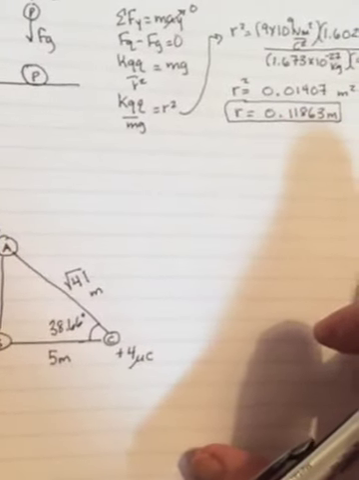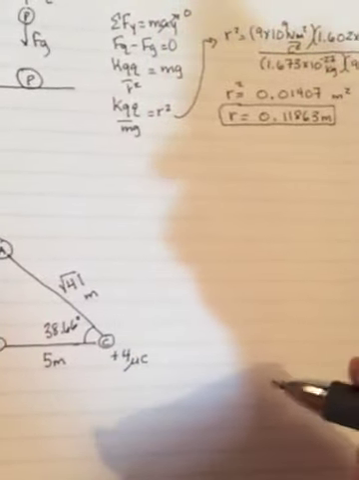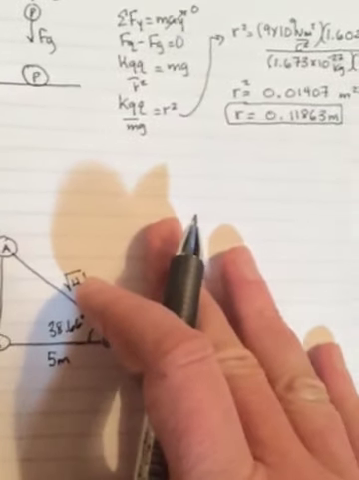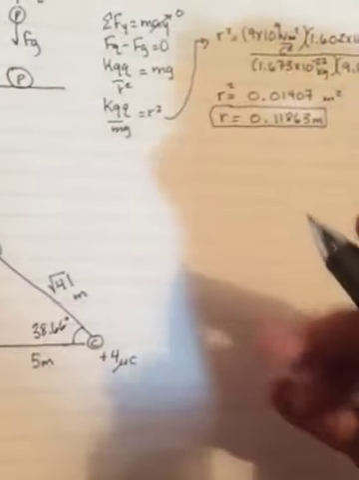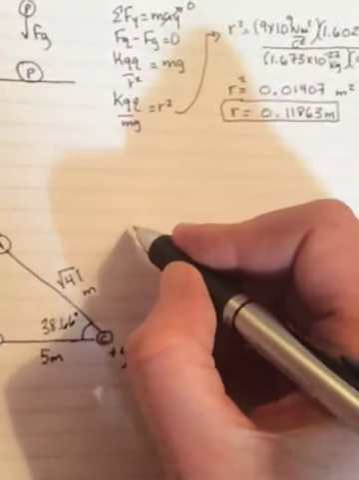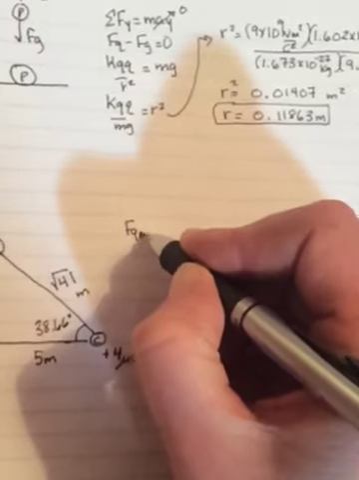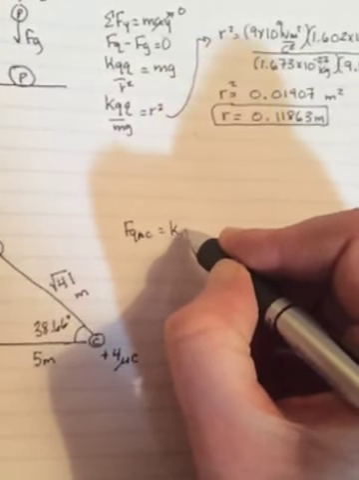So in the example that we did in class, we did the net force on one of them, but now it's asking for the net force on each. So before we start to do the net force on any of them, we should find the individual forces. So we need to find FQAC, and that's going to be